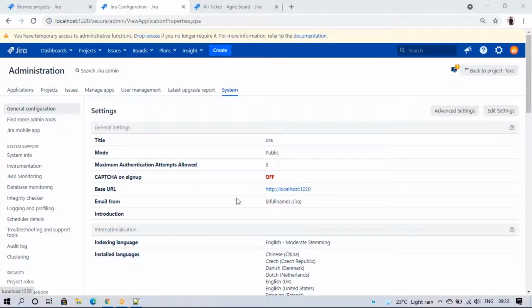And base URL, this is the base URL. So what is our base URL? It will be here. And email from. So when anyone clicks any action in Jira, first the person's email ID and name will be captured. Like from, we have one email ID only, but every time an email is sent we don't know who triggered it. So it will come like Nagraj changed the status, Nagraj created the ticket. So instead of the standard email ID, the names will be captured so that we can easily find out the person. I'll show you this when the email trigger happens.